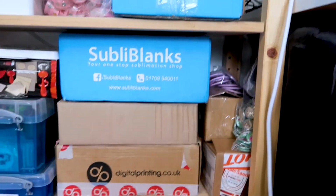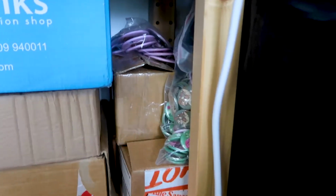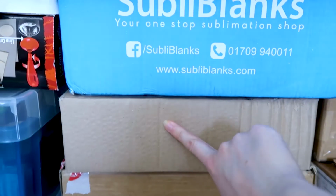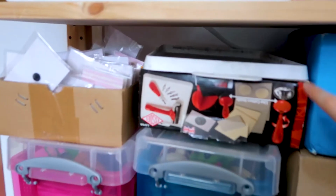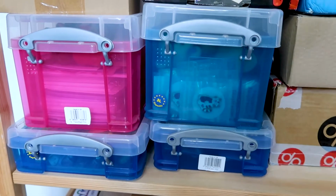Down here, this box has all my phone case sublimation blanks in it. Then I've got these little bags of my badges, and these have my acrylic key rings in them. This box has thank you cards, and this has some postcard prints. Got my lino cutter set there, some enamel cap pins there,